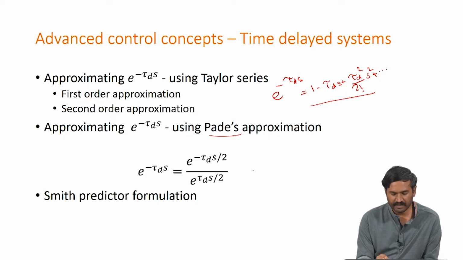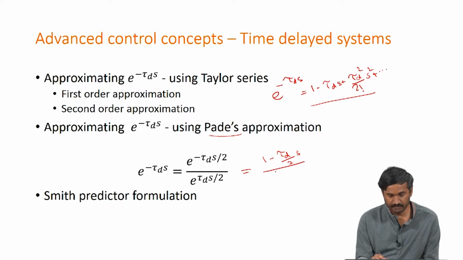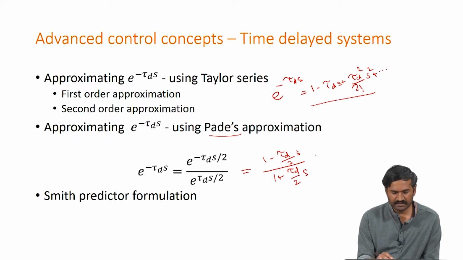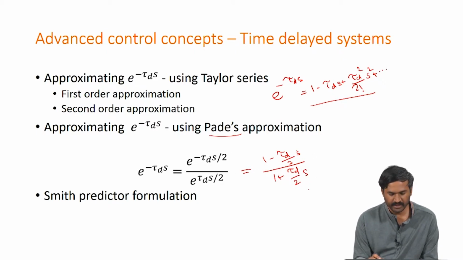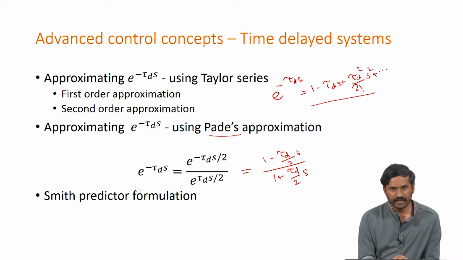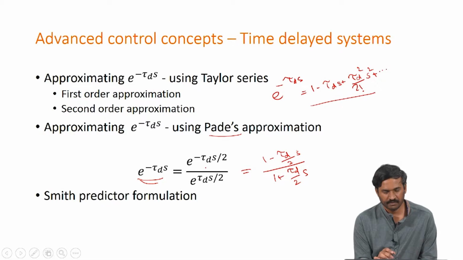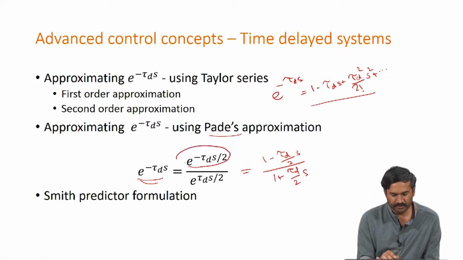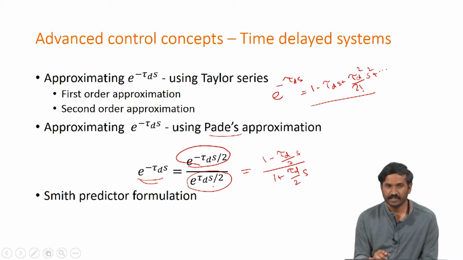So, the first order approximation and second order approximation can be used for both pole and zero. So, this is the first order expansion of e power minus tau d s. The key point to notice is that e power minus tau d s has been split into two different parts, the numerator containing e power minus tau d s by 2 and the denominator containing e power plus tau d s by 2. When we divide both of them, they will multiply and then add together to give e power